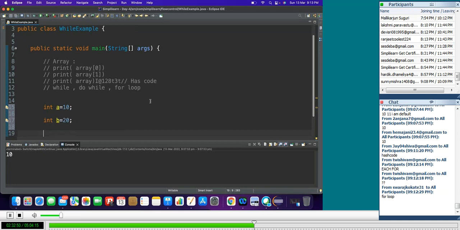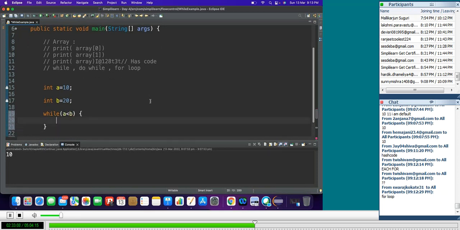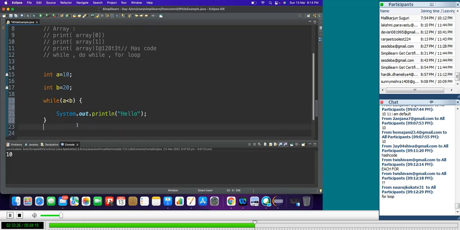And I am saying while a is less than b, print hello, or outside of that you print hi. What will happen here is,